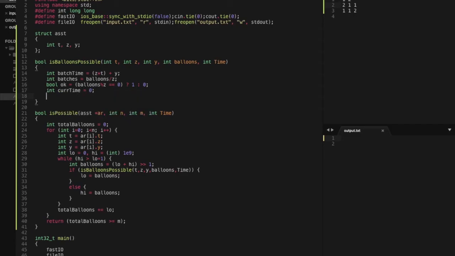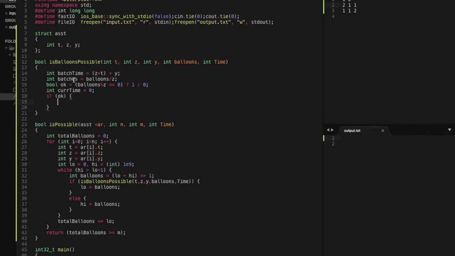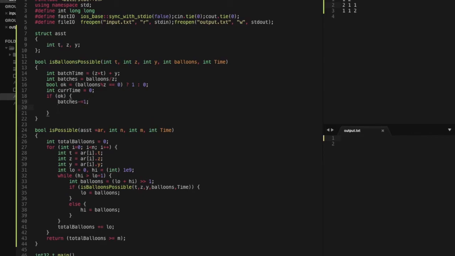If the last batch is counted in this number of batches, then I am going to subtract 1 from the batches, because for the last batch I don't need to consider the resting time. So my total time required will be